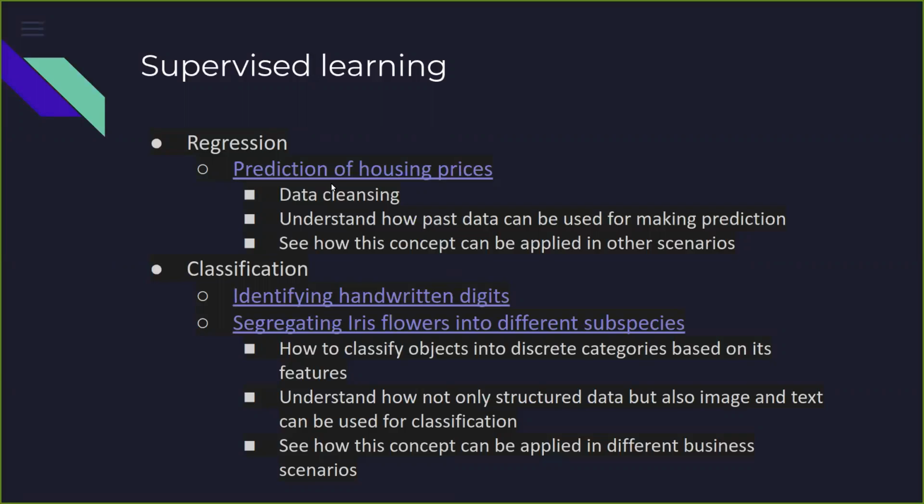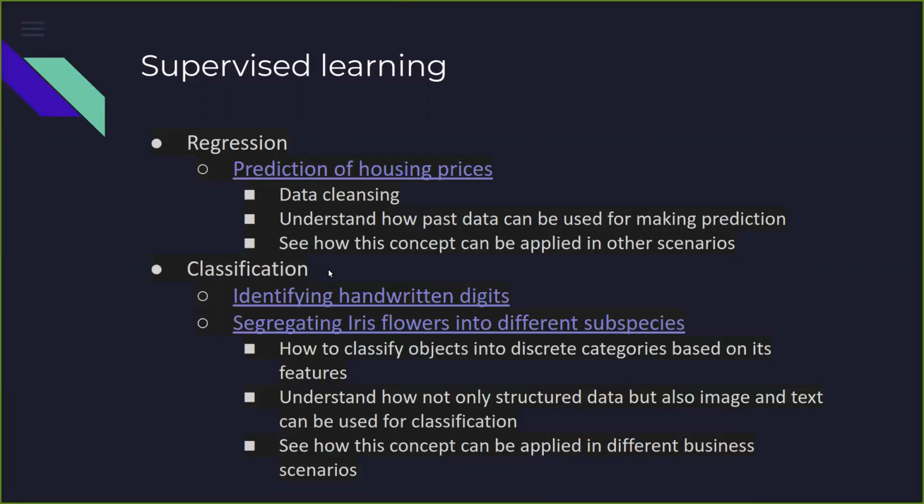So supervised learning is where you have, and the price here is called the label. It means that you have the features available, or the different parameters or attributes of the house are available. At the same time, the result that we are trying to achieve is also available for the past data. That is called the label. So we will learn about a regression problem, trying to predict the price of the house.